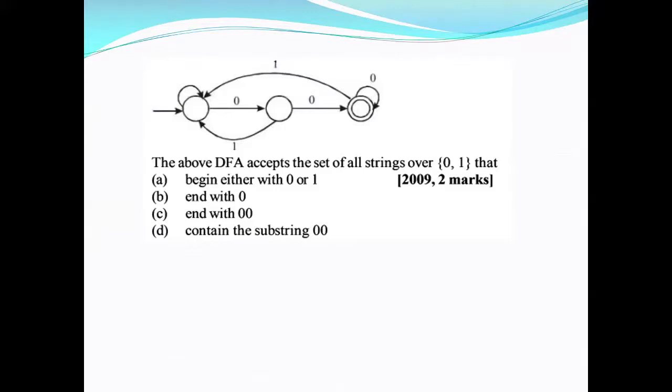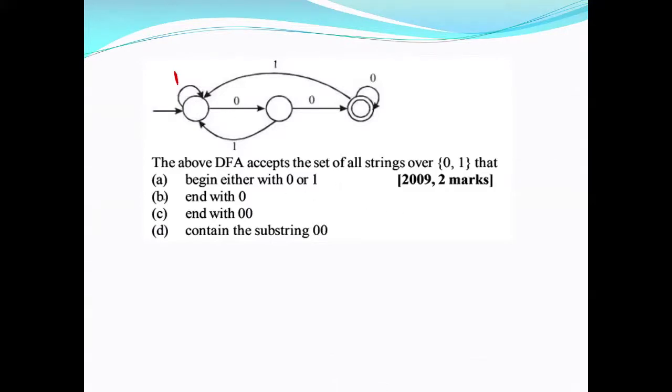Now look at this. To reach the final state, I require 2 zeros. Because this is a DFA, something is missing here, it should be 1. Because on 0 you have a transition, so on 1 there is a transition, right? So on 1 is missing, so I am writing. Now look at this. You require at least 2 zeros. After that you can have any number of zeros. But if at all there is a 1, I am coming back to here, that means